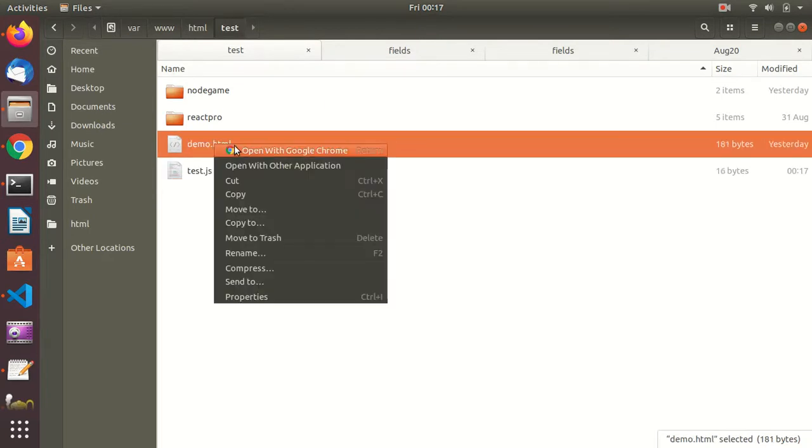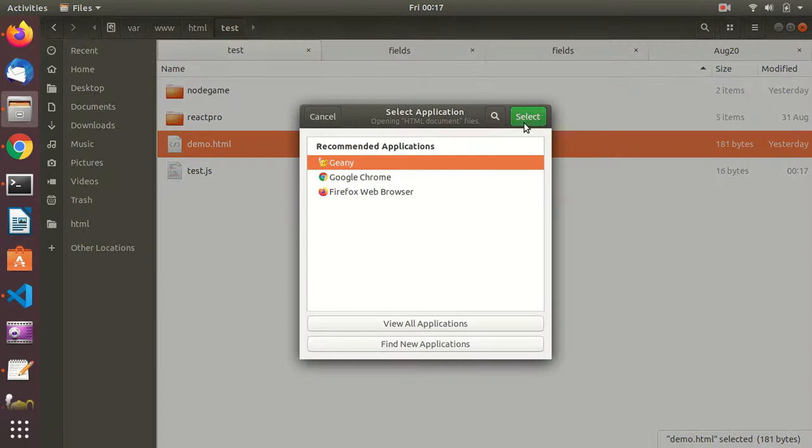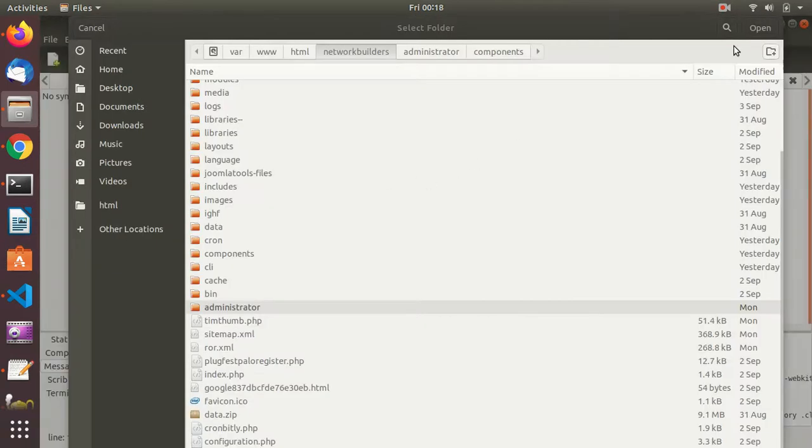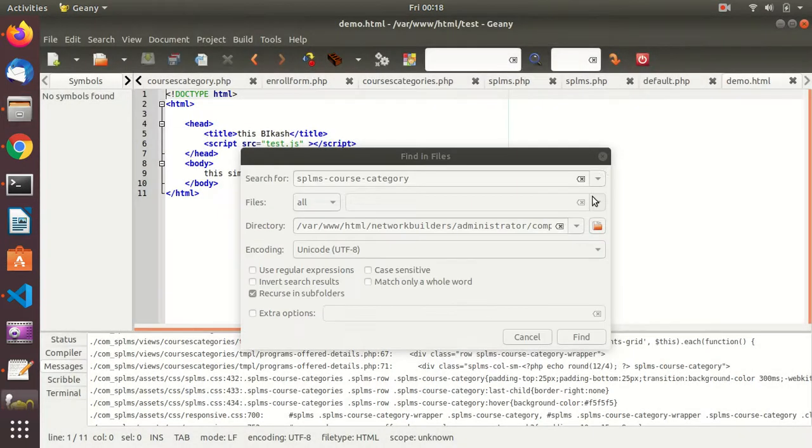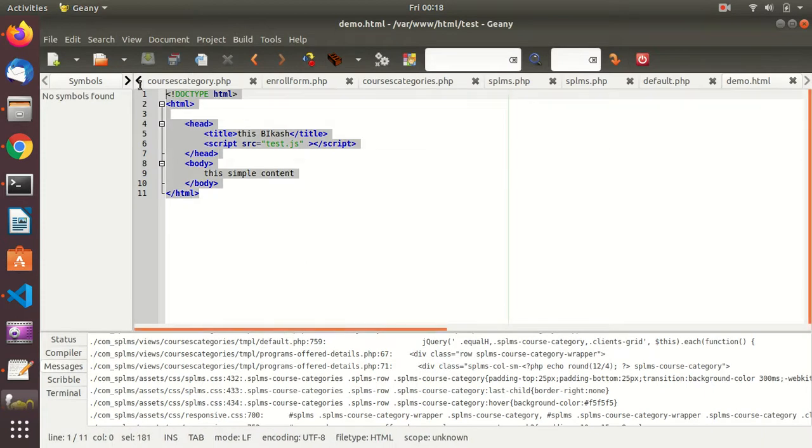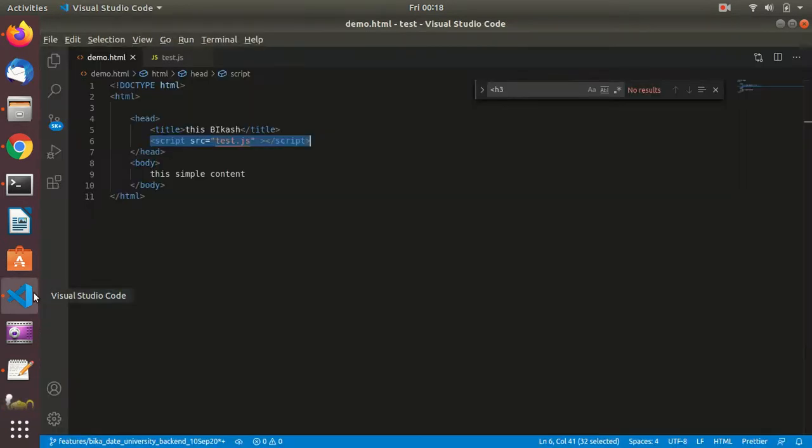If I open this in another editor, it is the same thing we showed in Visual Studio.